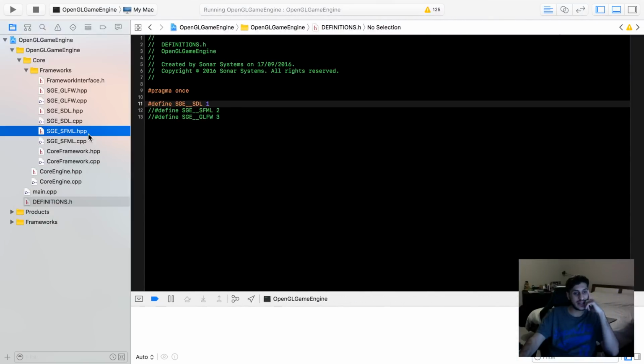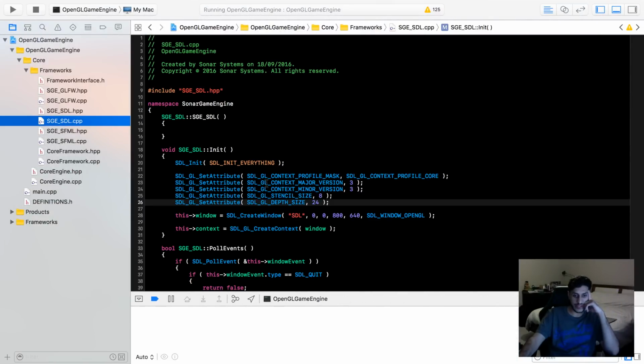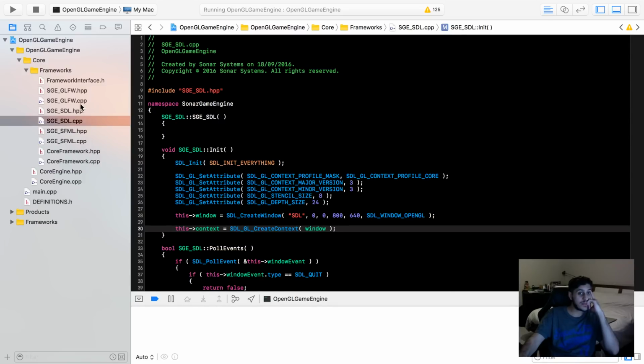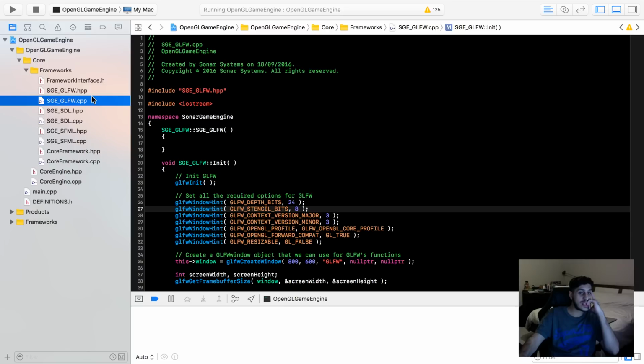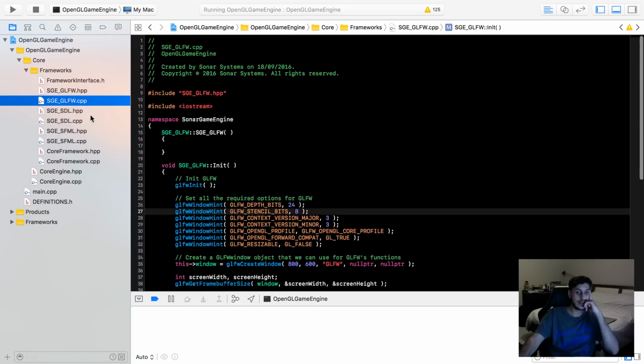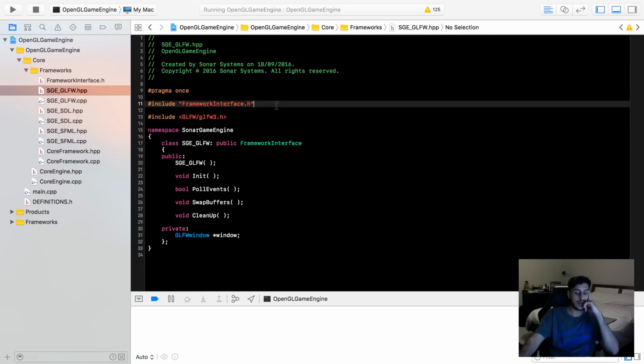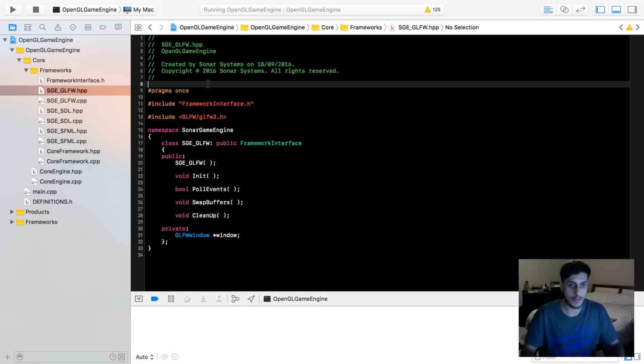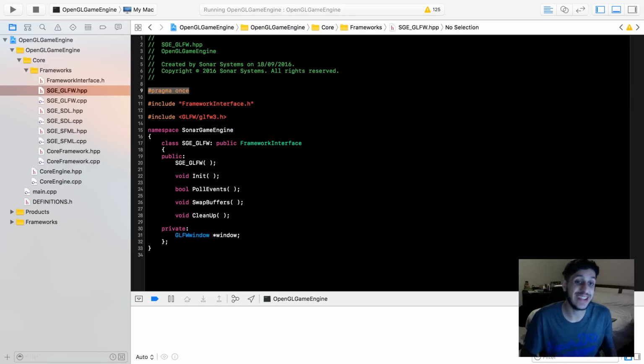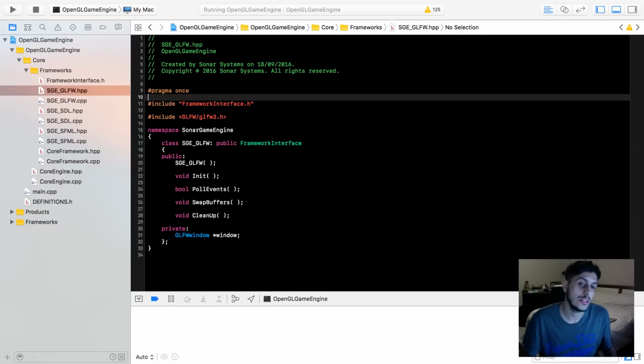I was just thinking, when I was on the SDL file, I need to do a hash if not defined for all of this, because otherwise if I don't have it linked, it'll try and access the code. So I'm going to need to do a hash if not defined, hash if defined. So if I go into here, the pragma once is invalid for this one because no, pragma once is still valid,